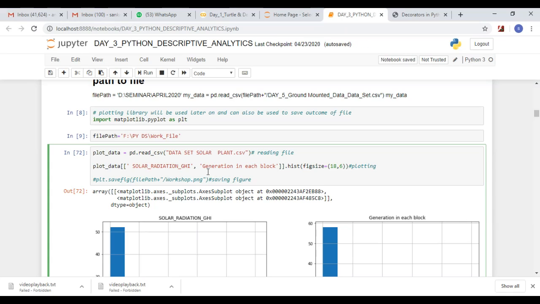Here I can give and draw the solar radiation column and generation in each block.